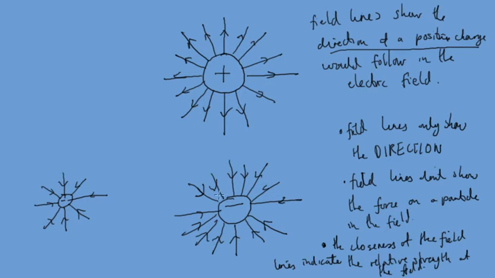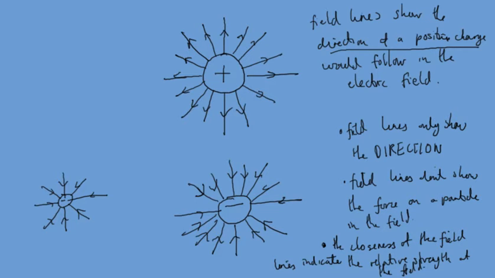So the field lines on this one are closer together than on this one. Therefore, this electric field is relatively stronger than this electric field. So these sorts of diagrams give us limited information, but they're more useful if we want to draw what's happening to an electric field when we've got more than one